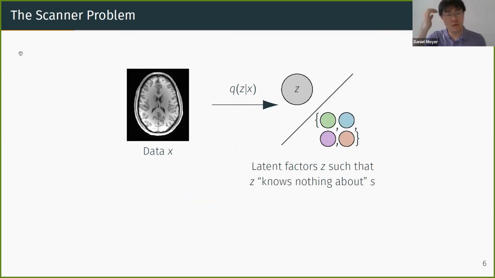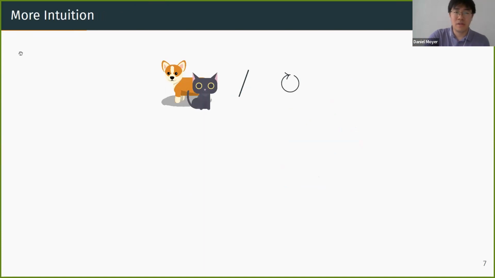So instead, what we could learn are latent factors. So now a non-pastel colored ball, a non-colored ball Z, that knows nothing about the factors that we want to remove. Great. So in rotation, this is pretty simple, or conceptually easy at least, that we want a representation of cats that doesn't include rotation, or dogs, right? And if you're more familiar with group theory, this is the quotient operator, right? Or maybe physics, like we want a representation that's equivariant.